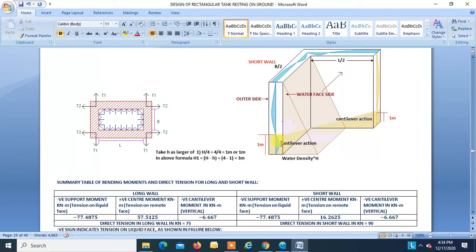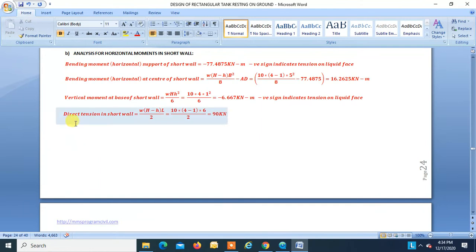This is the cantilever action, and the moment over here is negative, so tension will be on the water side, and over here it will be on the outer side. Okay. Now direct pull, this is a formula, and which turns out to be 90 kilonewton. Okay. So this is how we completed the analysis using